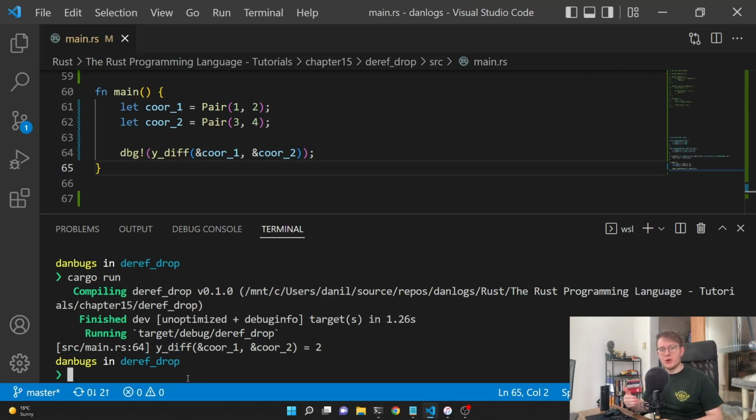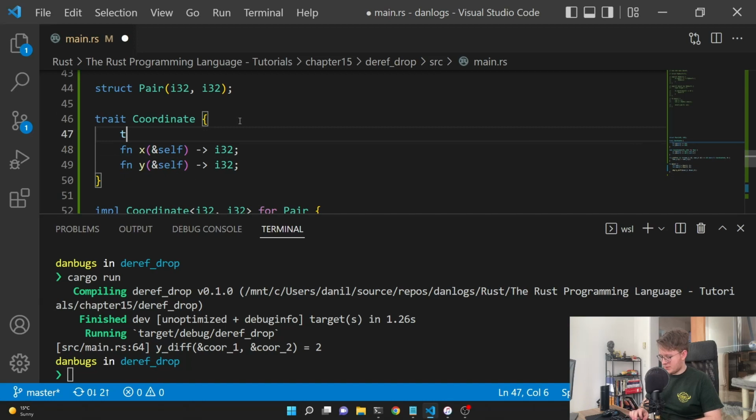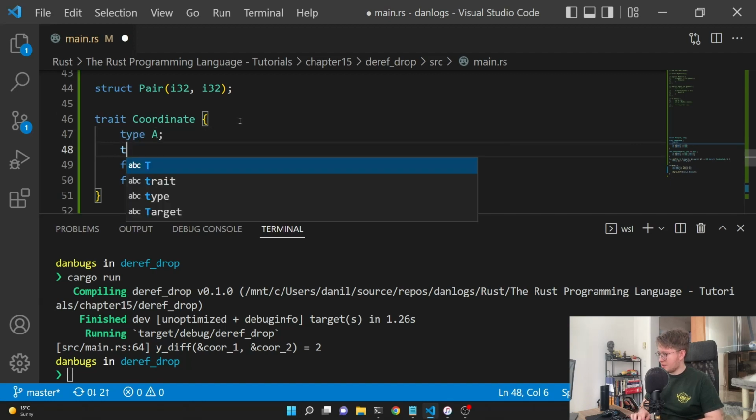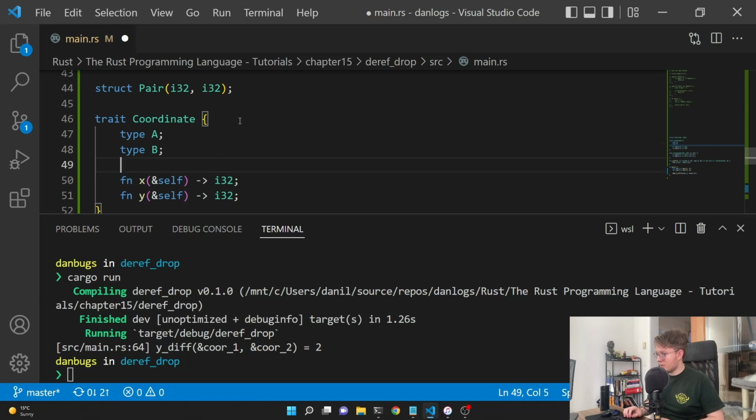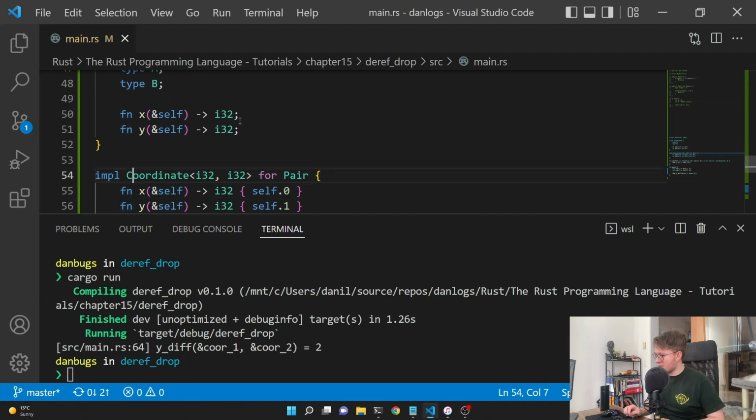So to improve upon that, as you can probably guess, we can use associated types. Now let's rewrite our coordinate trait, implement, and the ydif function with associated types. Alright, so first we'll come up here and remove the generic markings, and we'll create a type A and type B to make use of associated types. Next, in our implement, again, we'll remove our generic markings,